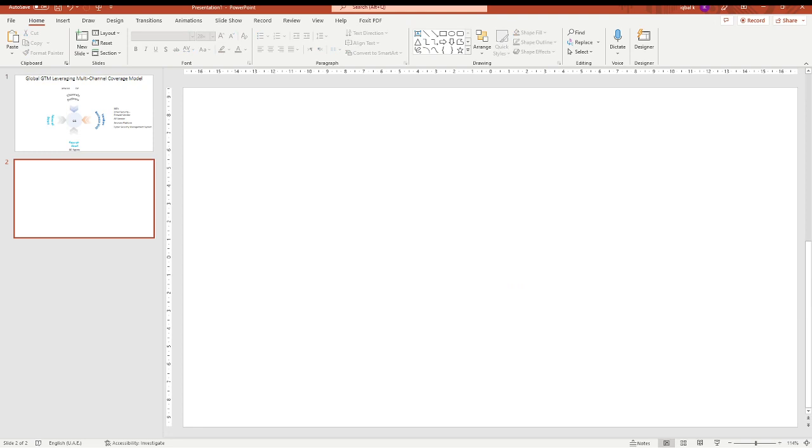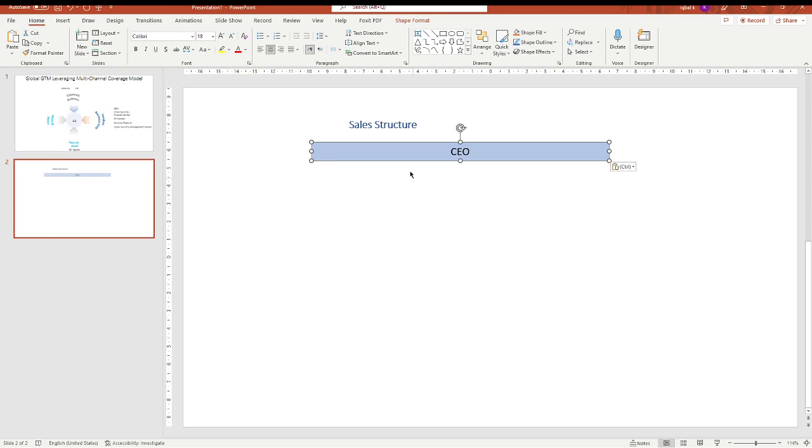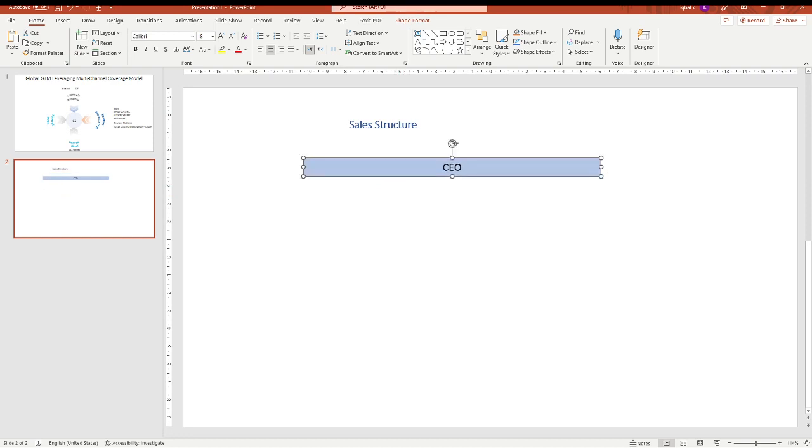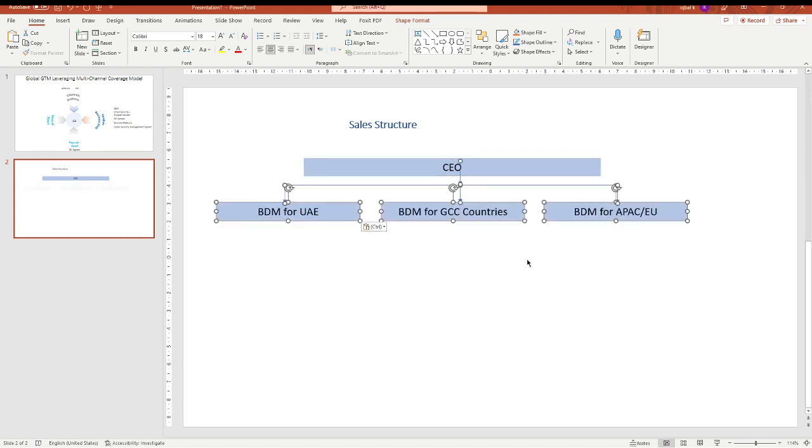We also would want to see how the sales structure could be. So if you would want to have a look at how the sales team should be structured, first thing first, you should have somebody who could be leading from the very top, followed by the CEO. You could have multiple departments, if you will. As a typical sale, you would first define your territories.